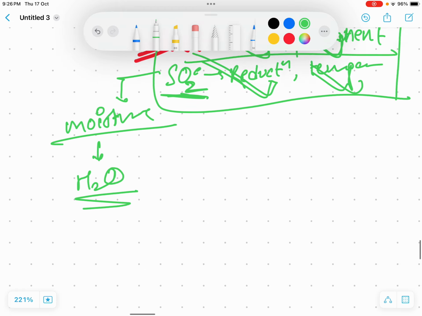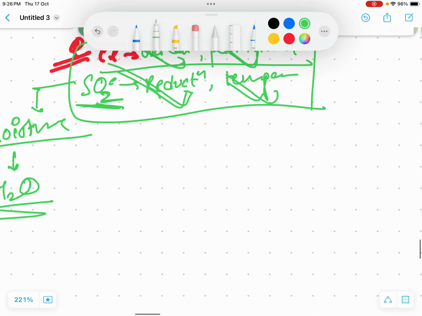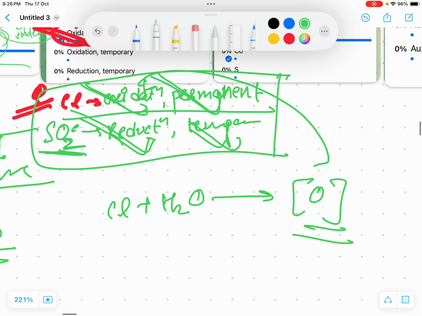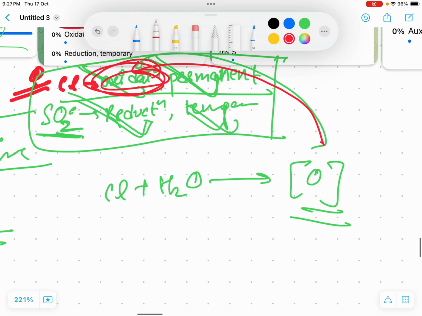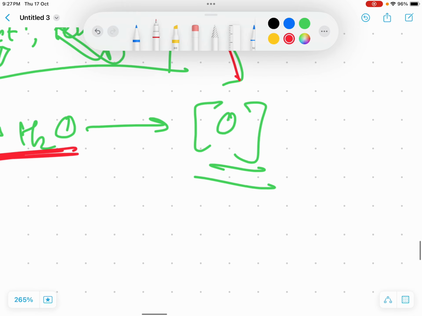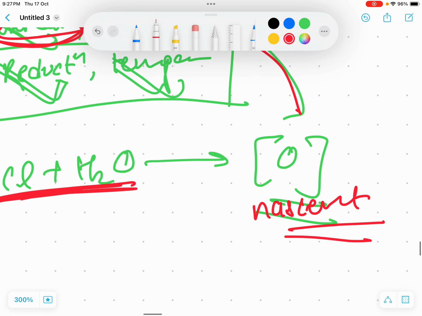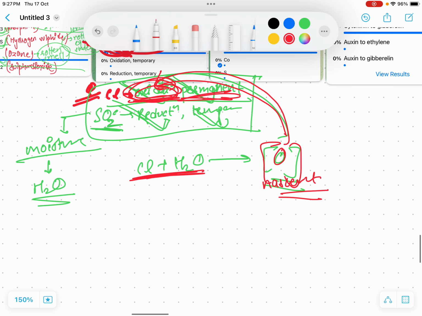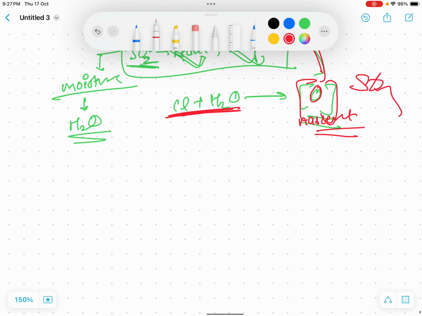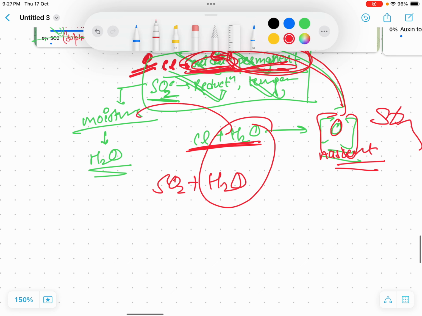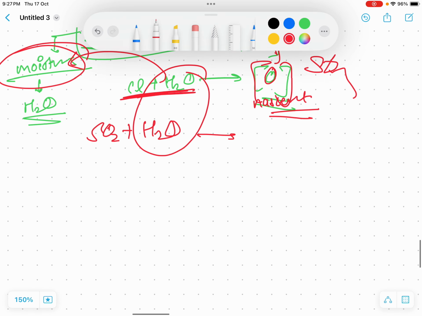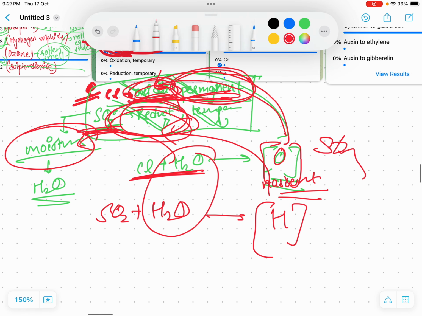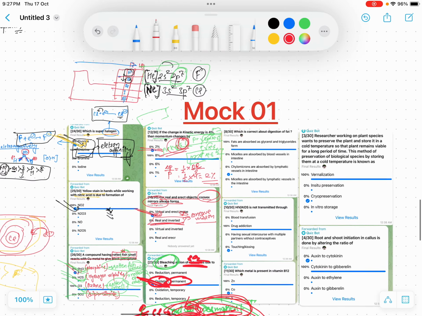मॉइस्चर मतलब, मैं रिएक्शन से समझा देता हूँ भाई। क्लोरीन पहले वाटर से रिएक्ट करता है, फिर ऑक्सीजन निकलता है, ये ऑक्सीडेशन करता है। क्लोरीन वाटर से रिएक्ट करके नेसेंट ऑक्सीजन निकालता है। नेसेंट मतलब रिएक्शन के अंदर ही जब ऑक्सीजन रिलीज होता है। ये ऑक्सीडेशन करता है और परमानेंट होता है, मतलब इतना स्ट्रांग होता है कि इसे रिप्लेस नहीं कर सकते। जब SO2 मॉइस्चर से रिएक्ट करता है, यानी वाटर से, तो इससे हाइड्रोजन निकलता है भाई। हाइड्रोजन रिडक्शन करता है। इसलिए SO2 का ब्लीचिंग रिडक्शन और टेम्पोररी होता है। ठीक है।